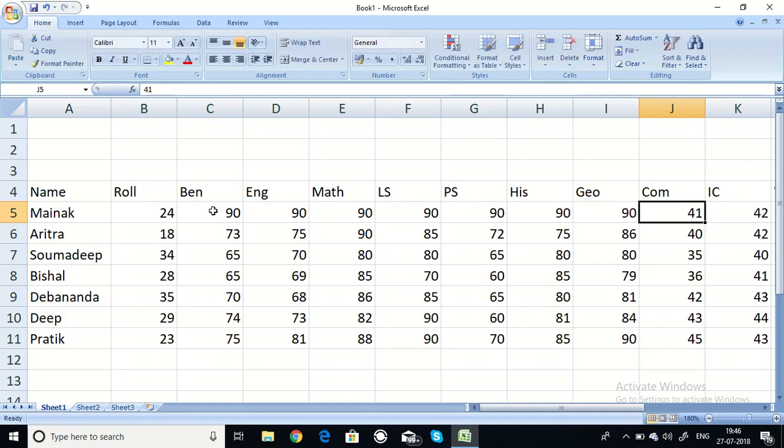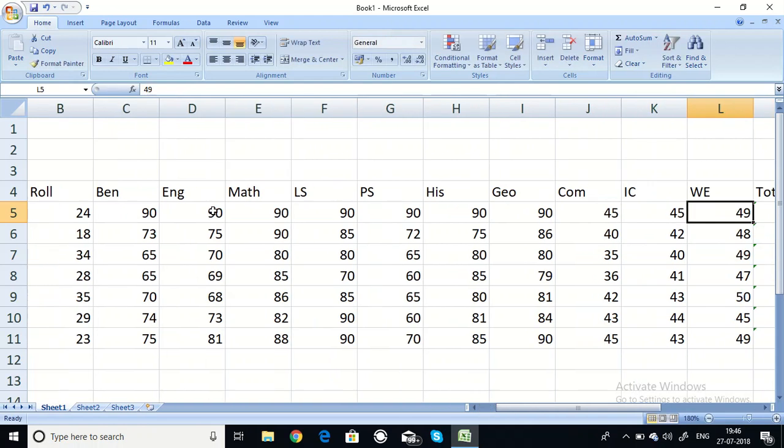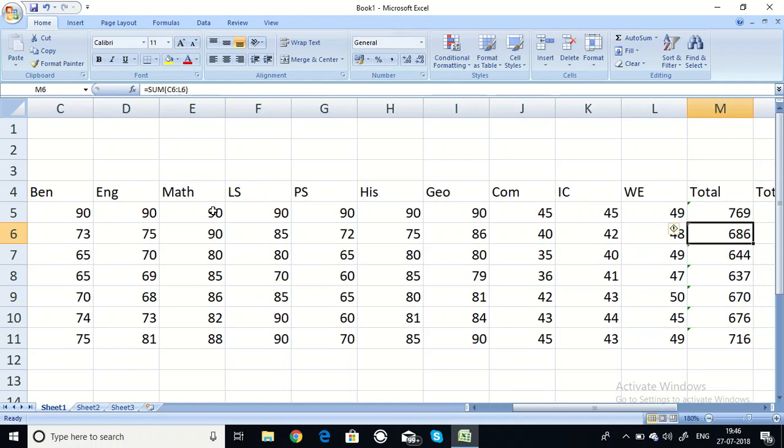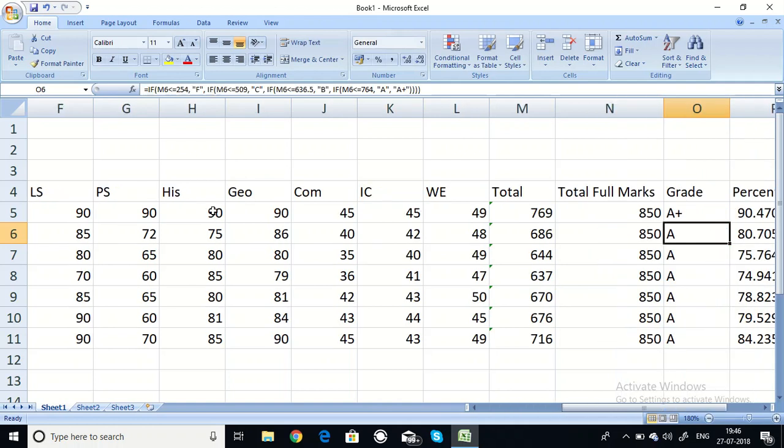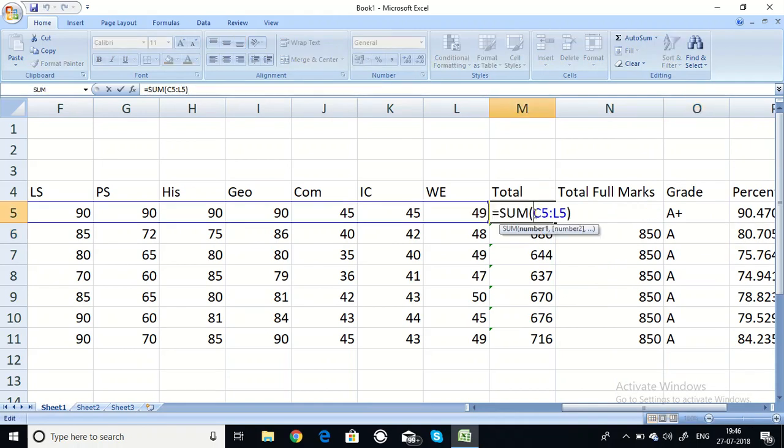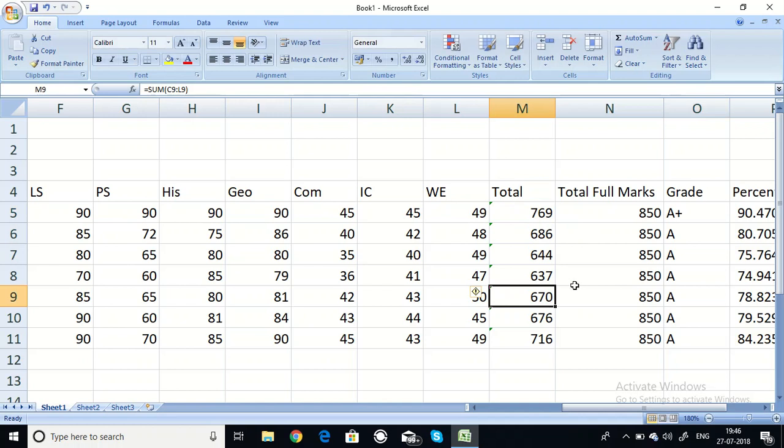In computer you got suppose 45. In this also 49. Okay, then you are getting A plus. The total marks has already increased automatically, 769. Yes. But if any of your friends get low marks, in some case